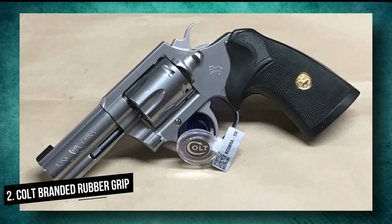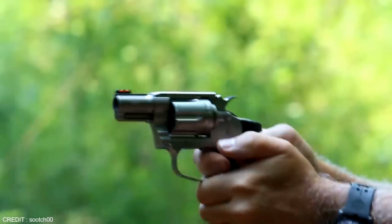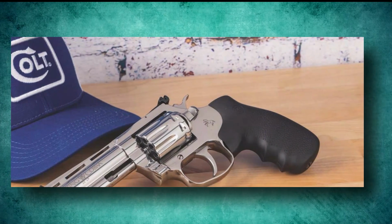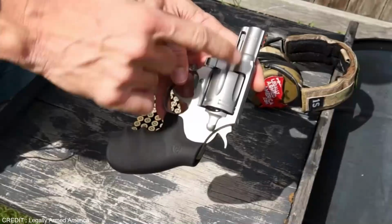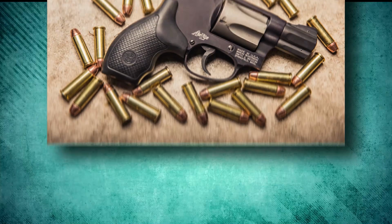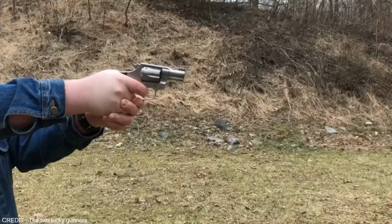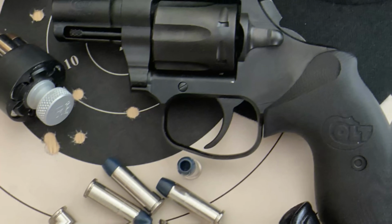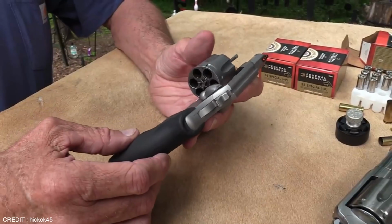Number 2. Colt branded rubber grip. The overall fit and finish of the King Cobra is great, which is evident when handling the weapon. With the exception of the bead-blasted top strap, which reduces glare while you're aligning the sights, the finish is best described as brushed or semi-glossed stainless steel. In contrast to the typical 5-shot .38, the Cobra has a special snub nose that offers 6 shots but is somewhat wider, at about 1.1 inches. The tough stainless steel frame of the new Colt Cobra has a matte finish, and the grip has a